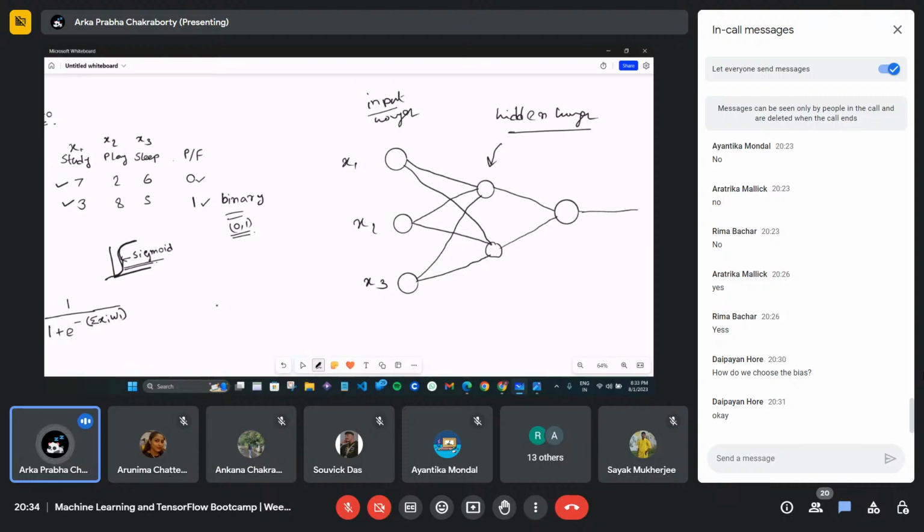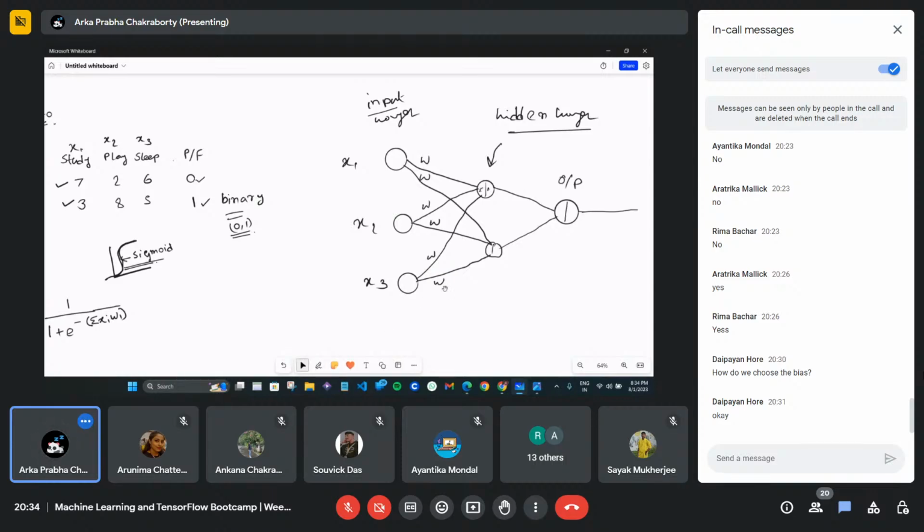This is my output neuron. The same things will be done, like assigning weight values. The activation function will do this task and the summation will do this task. The same thing will happen in the output layer also.